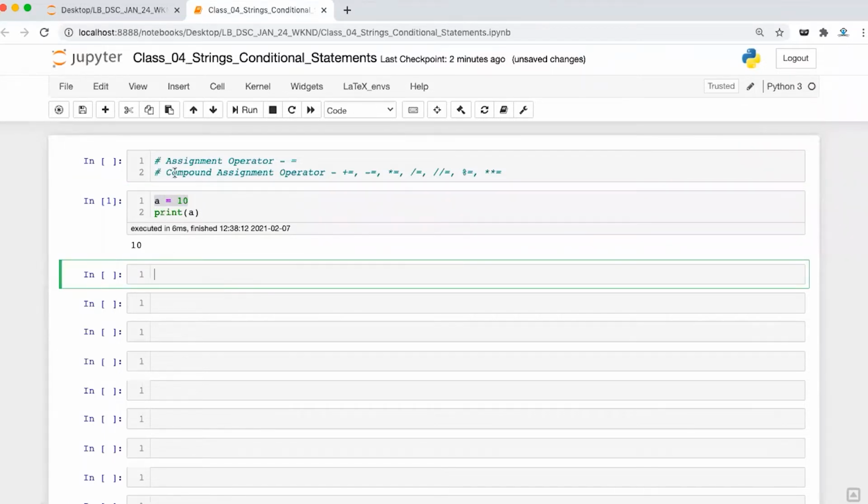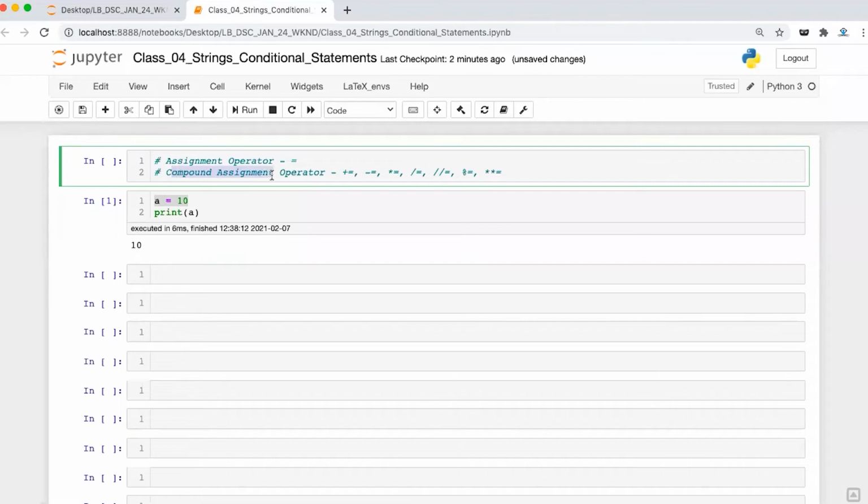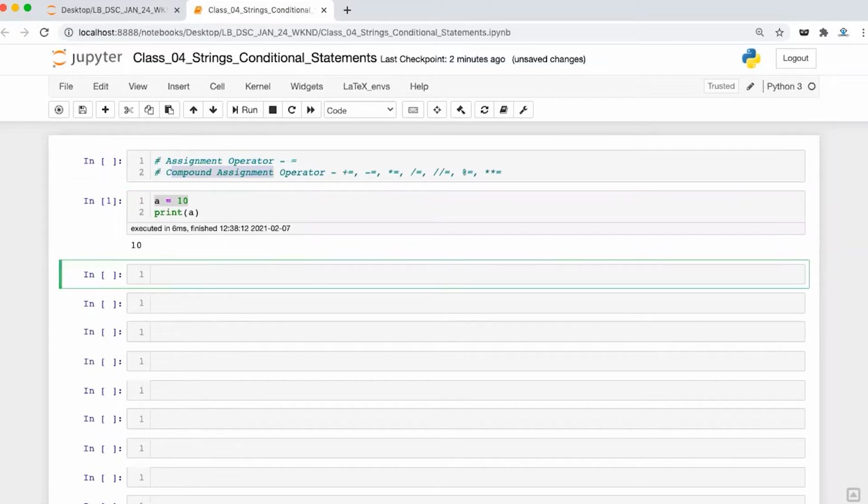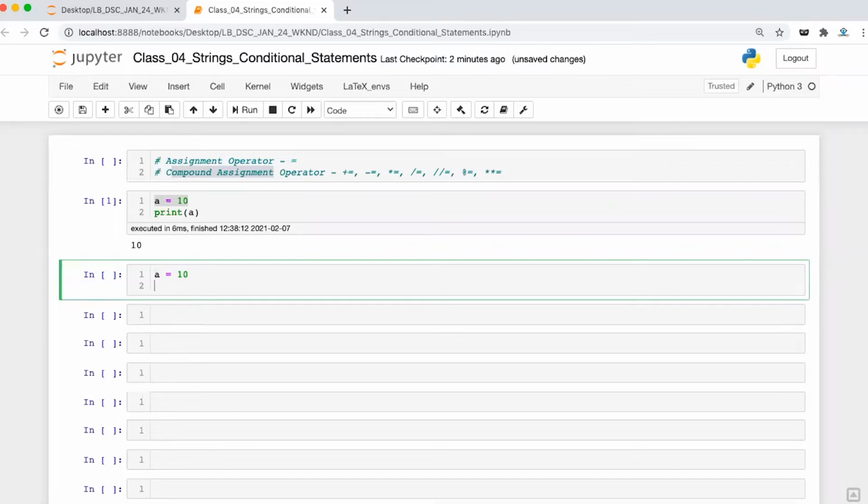Okay, now the compound assignment operator is used in cases where you want to do some operation on the existing variable, and after doing the operation, whatever result comes, you want to assign it to the same variable. For example, let's say you have a is equal to 10, and you want to multiply this 10 with 2, the result is 20, and you need to assign that result 20 to the same variable.